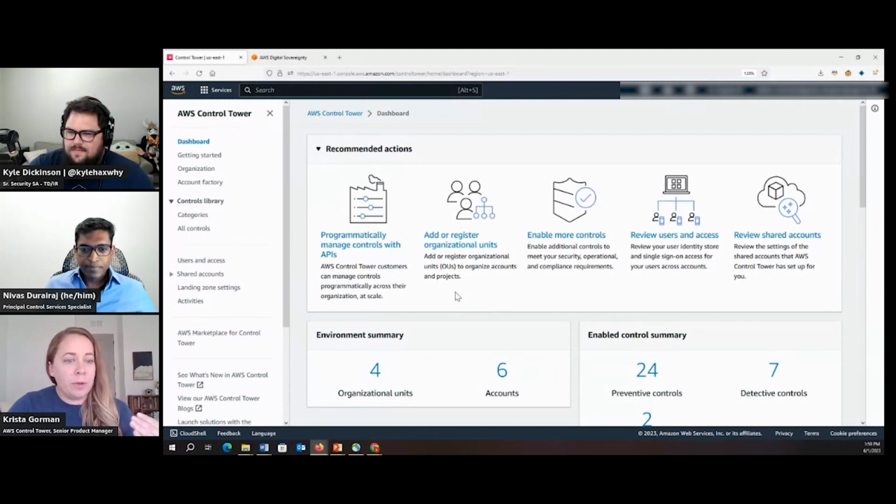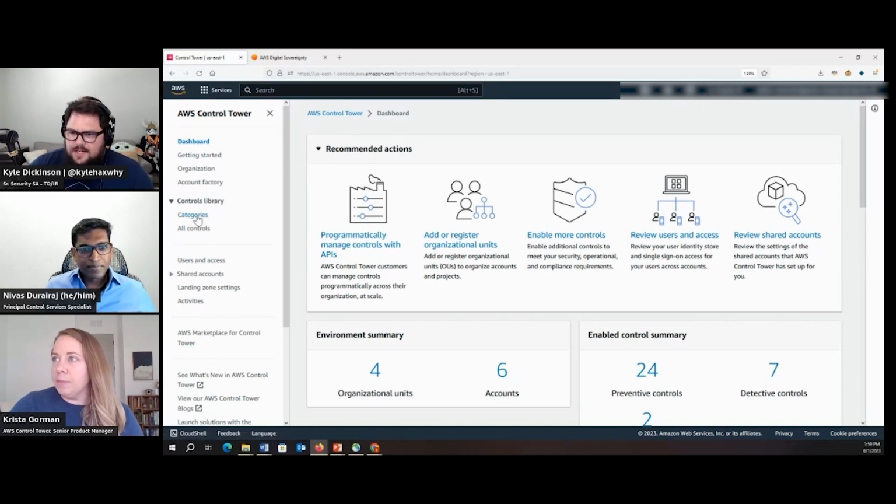So I'll show you how to adjust your regional settings, how to apply by far our most popular data residency control. We call it the region deny control. And then how to also look and see how you can apply different types of controls for encryption at rest, encryption in transit, and additional data residency controls to limit things like peer networking.